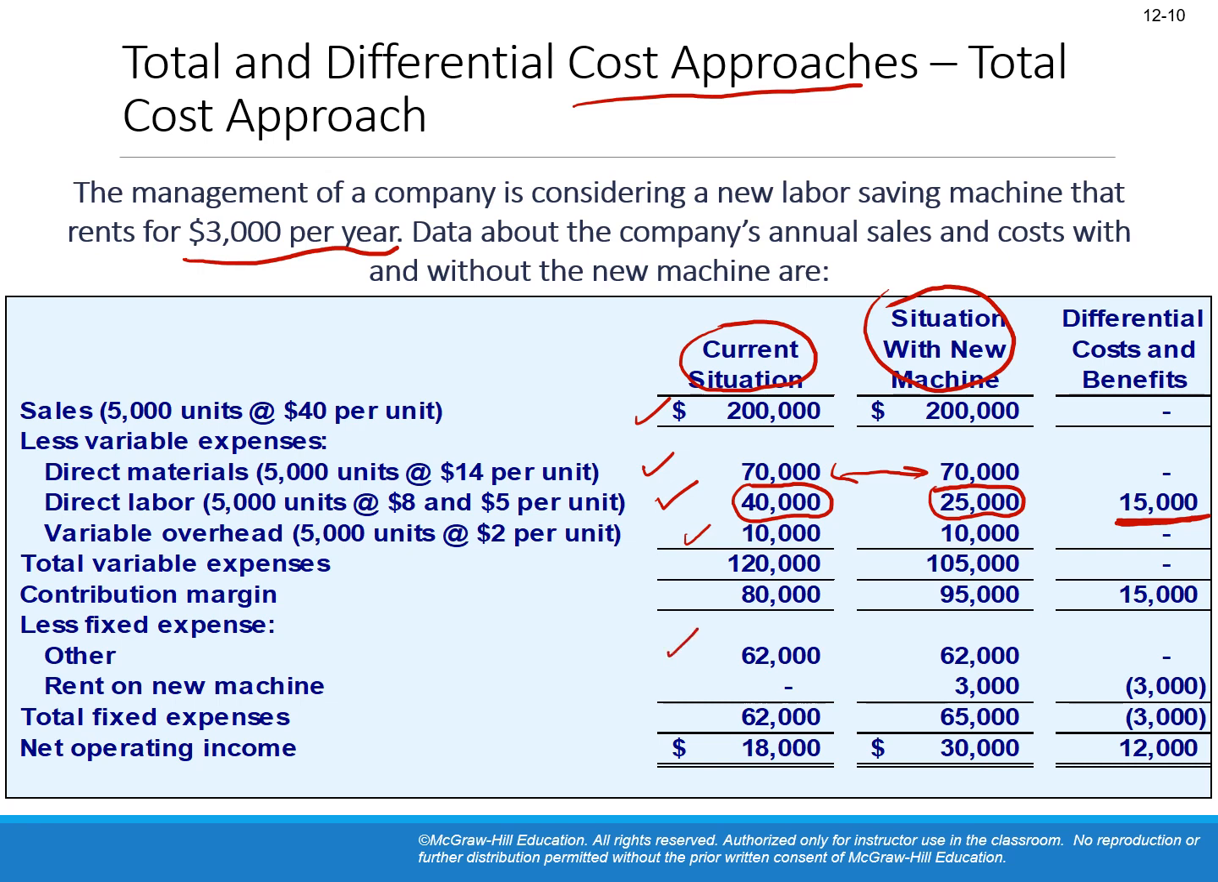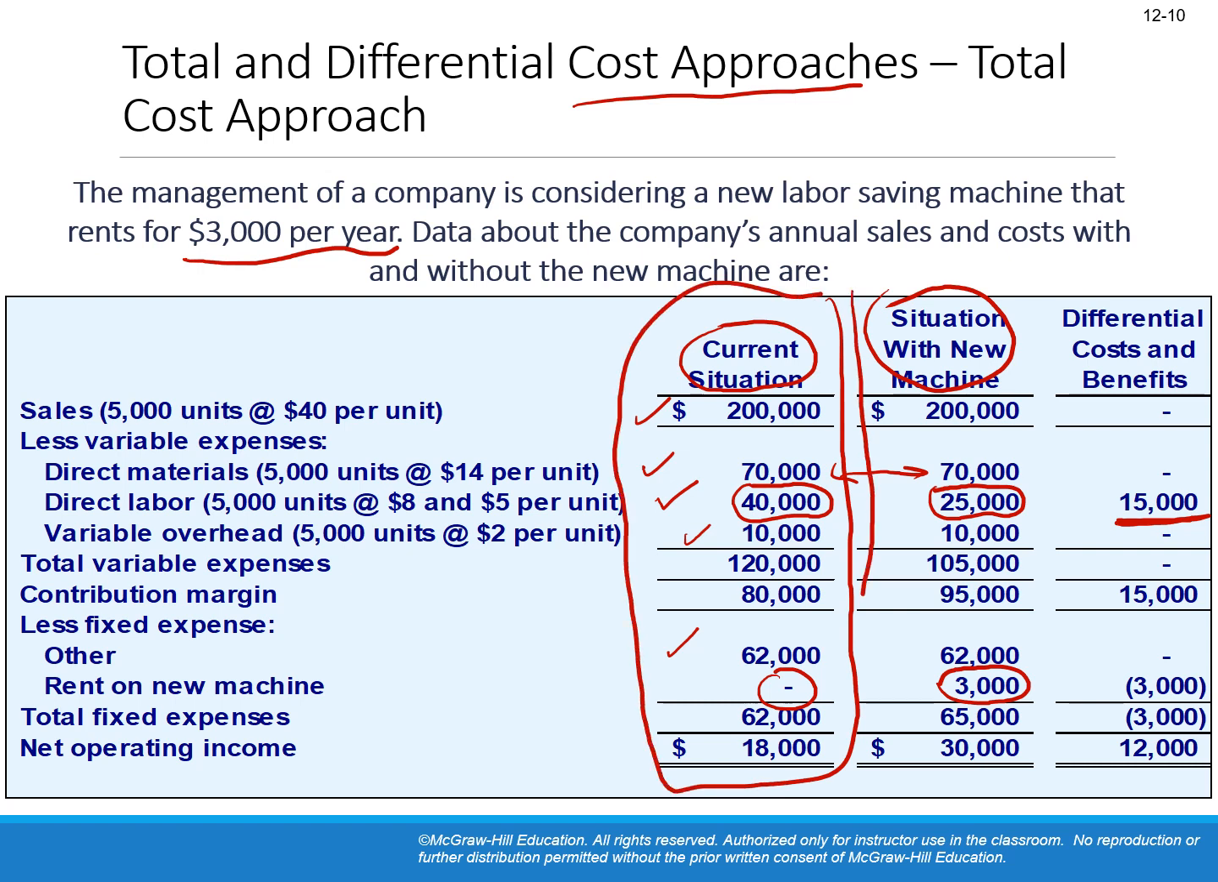Other expenses are the same. Fixed expenses, you are paying $3,000 for the machine, so it's a fixed expense. Without the machine, it's a zero, of course. And that's it. So basically, if you think about it, you can prepare two complete income statements without a machine